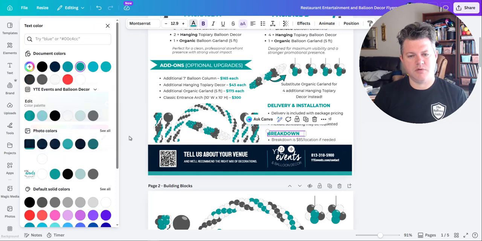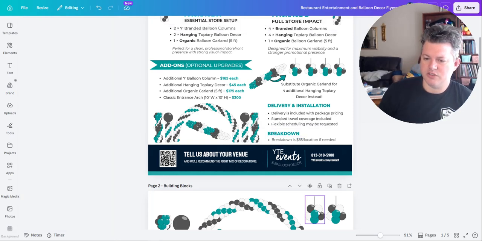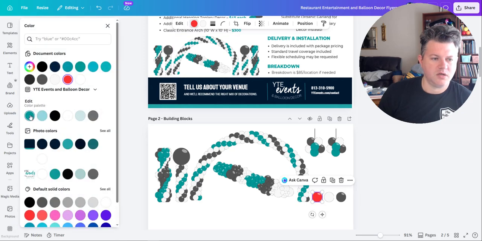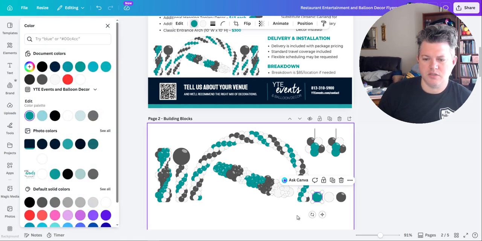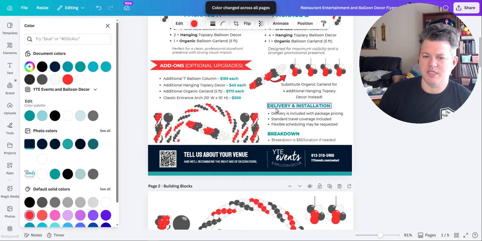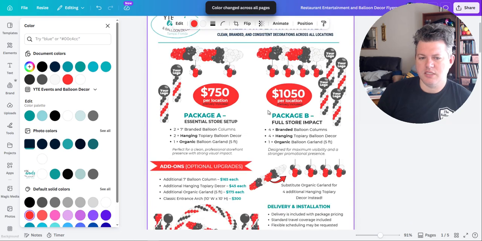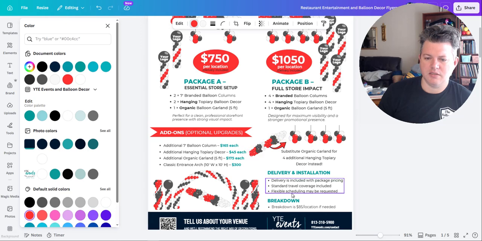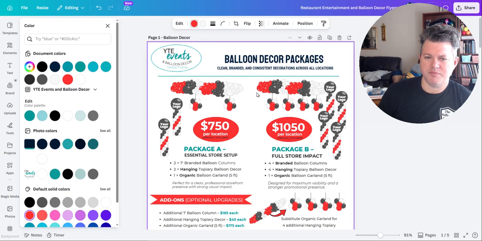So theoretically, this should change when I click on it. Let me see if that's going to work the way I want it to. So that's changed back. Now I can click change, go to red, change all. Nope, it didn't change. So this is keeping my titles in my text and my top and bottom consistent, but